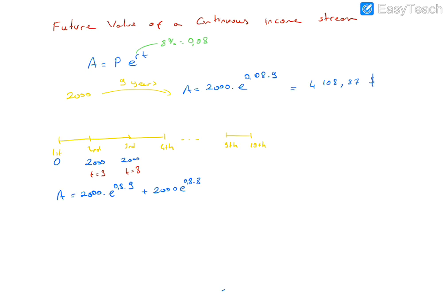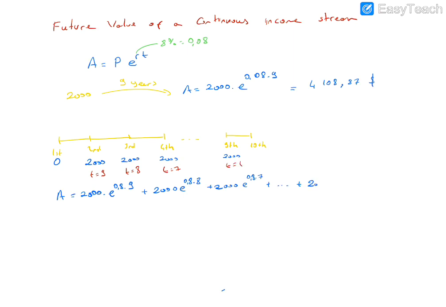So the future value of the second 2000 is 2000 times e to power 0.8 times 8. And similarly, for this 2000 t is 7, so it continues this way, plus 2000 e to power 0.8 times 7,